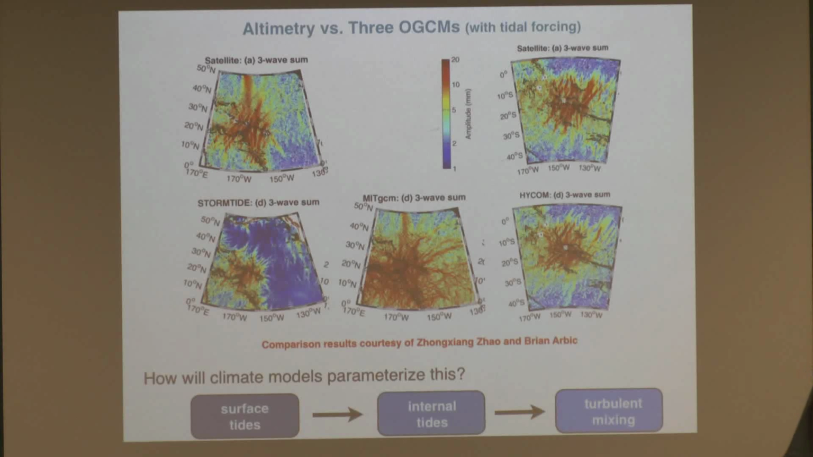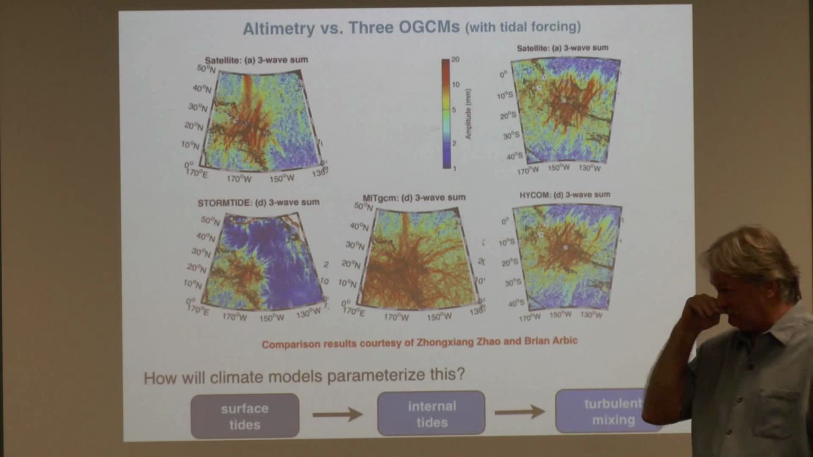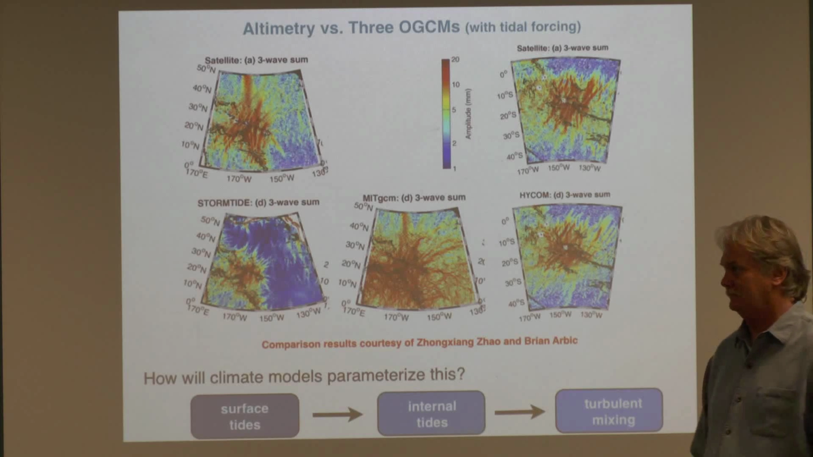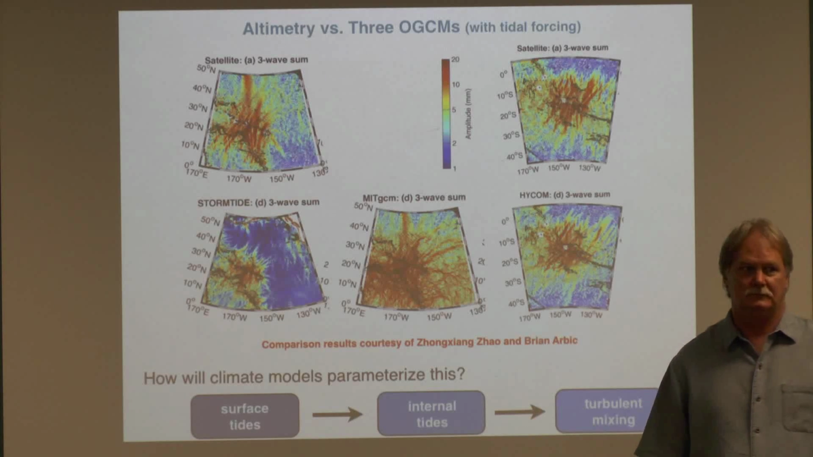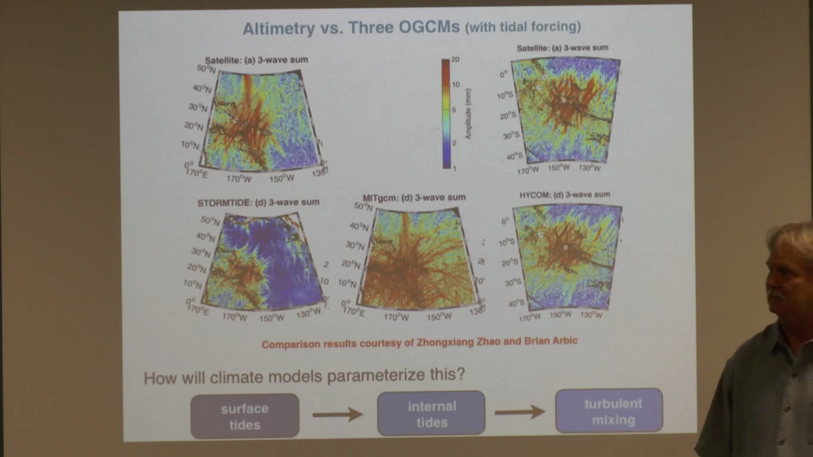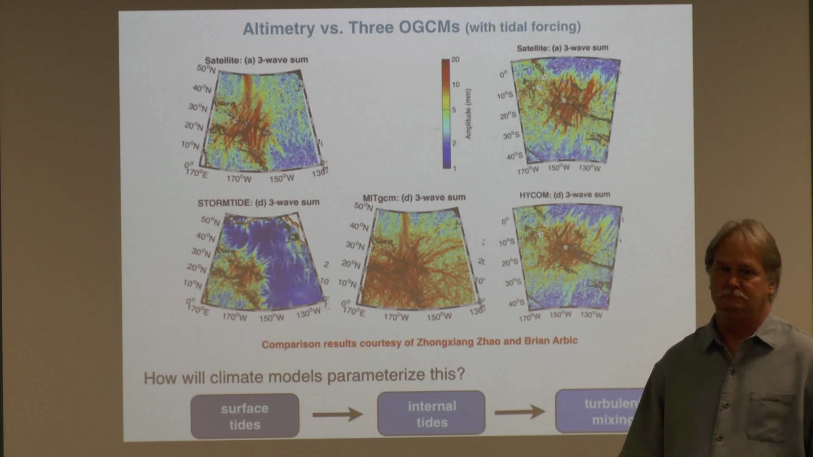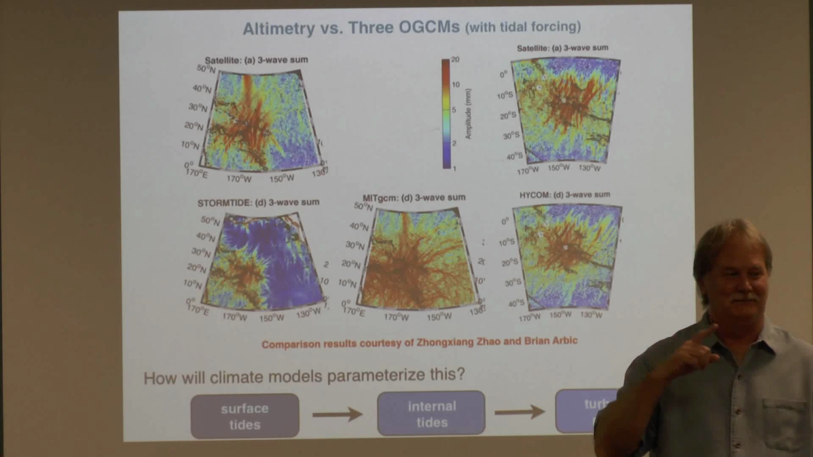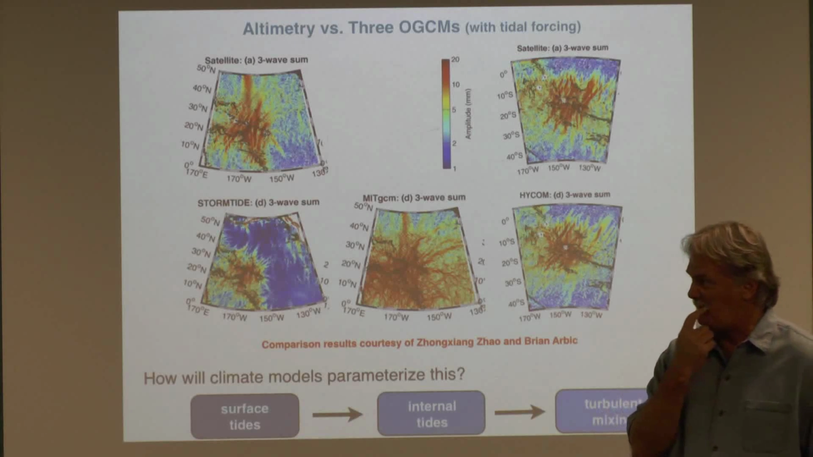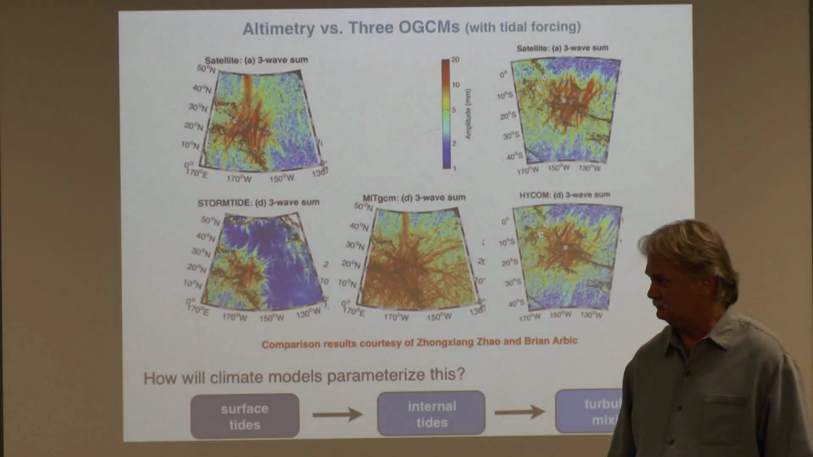There is some that can be seen in the altimeter data, and there's a really nice example where none of these things can get across the equator in the Pacific. And the theory is that the jets along the equator there are so strong, the internal tide comes in and it just gets wiped out. I always thought there should be more,